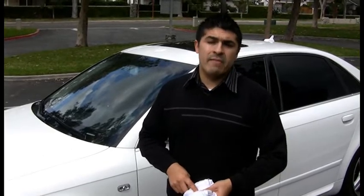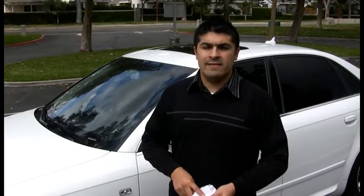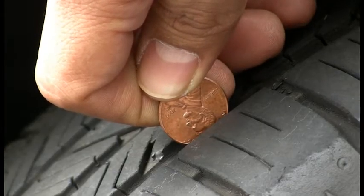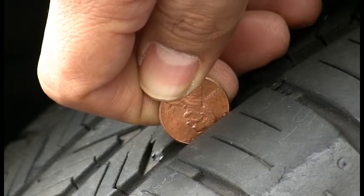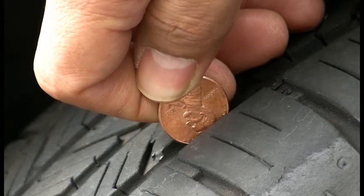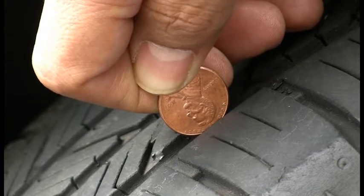Okay? Most states recommend that you have at least 2/32 of an inch left of tire tread. Anything less than that and it's time to replace it. And if you're anything like me, you probably don't have a tire tread depth gauge. Okay, so what we're going to use instead is a good old penny. So what you're looking for is that the tread is at least covering Abe Lincoln's hair, or maybe even his entire face. Okay, if you see that your tread isn't covering his hair like that, then it's probably time to